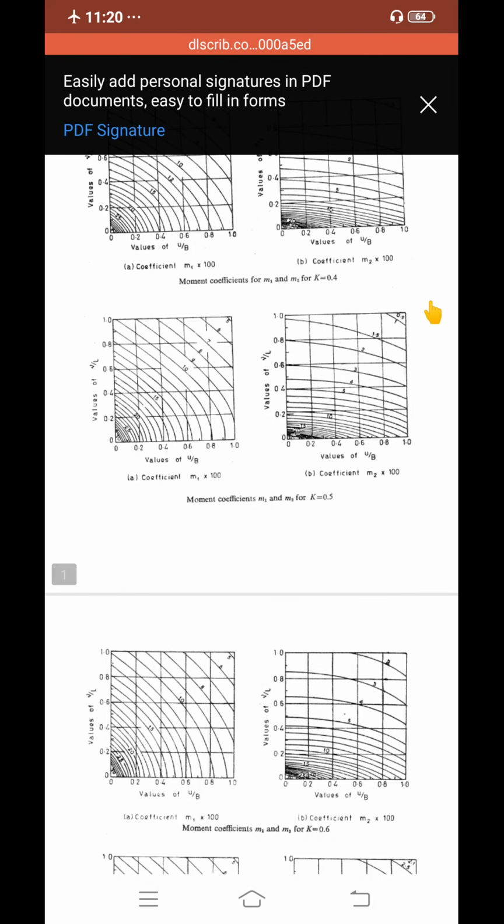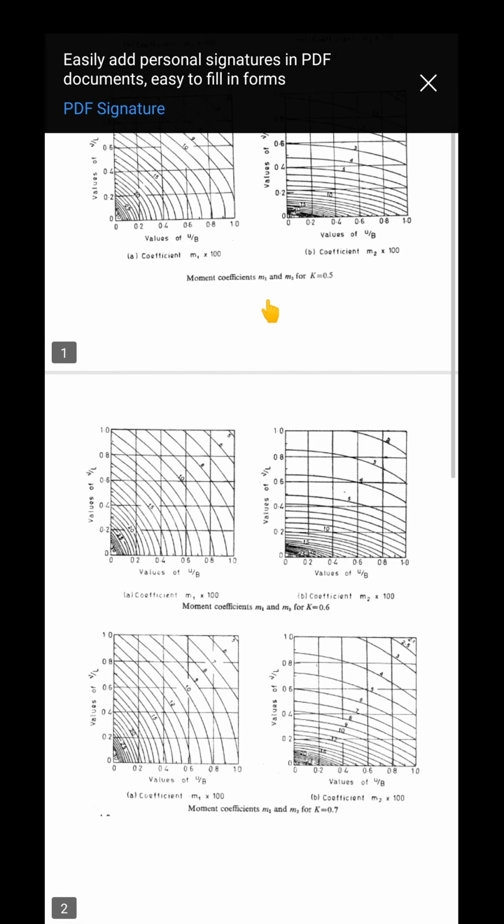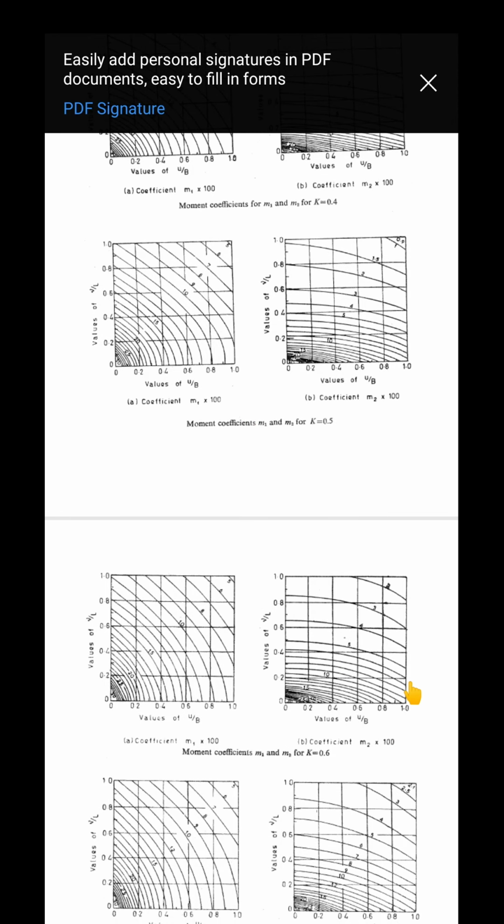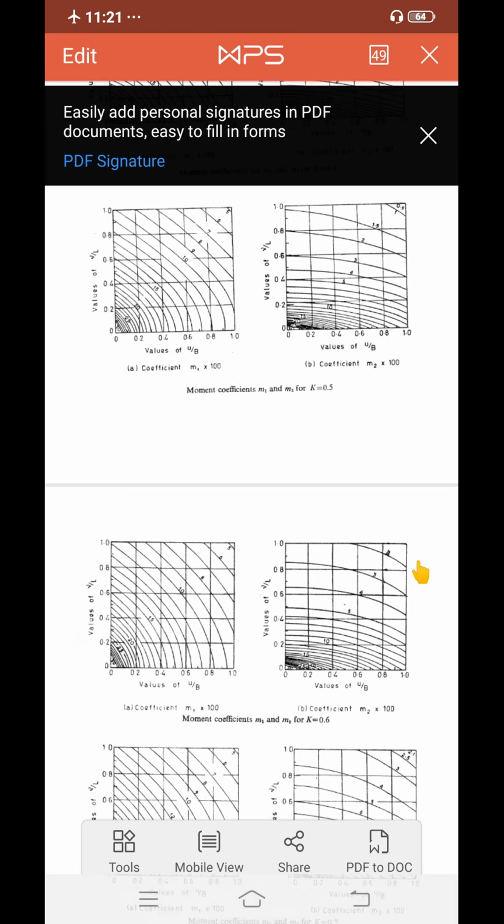See here, it is 0.9, this is 0.4. We'll go there. And for 0.6 it is the same as like this, and for 0.6 it is 2, 3, 4. Okay, means it is between 1. Okay, so we'll go there and we'll interpolate it.